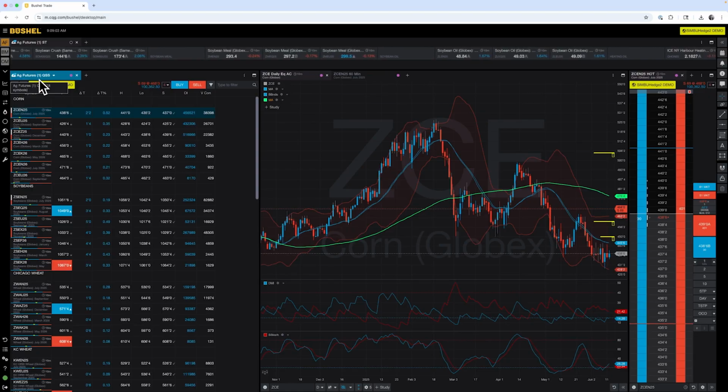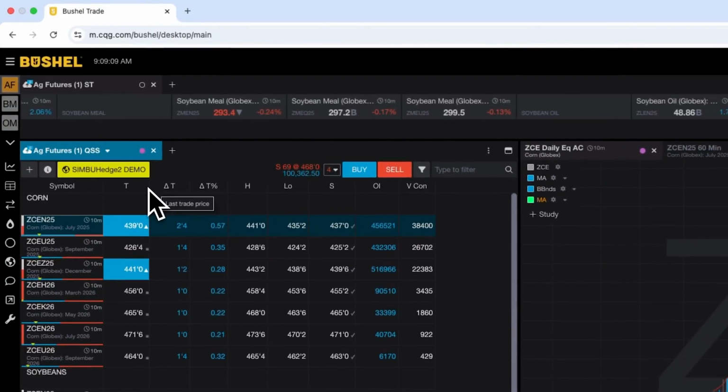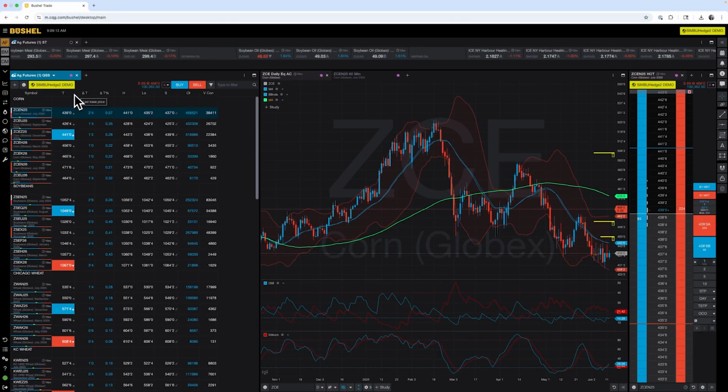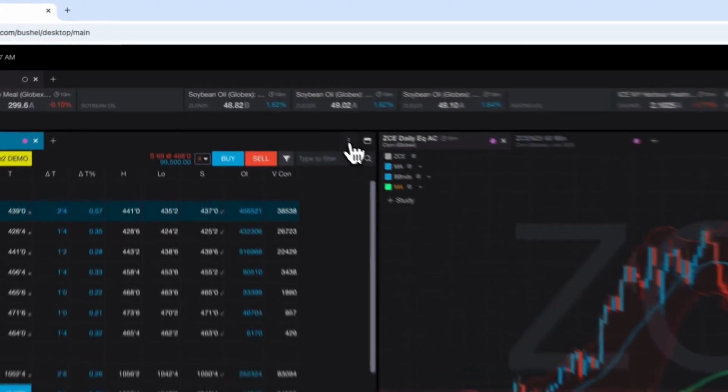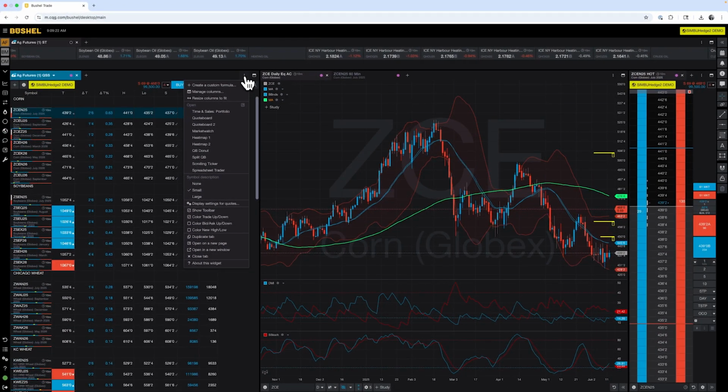Those are customizable, where you can change those, add different columns in, expand those columns out if you need more space in your screen, or even remove some of the defaults that we set you up with. So if I wanted to manage any columns in this quote spreadsheet, I can click what we consider those 3 dots in the top right-hand corner of that widget,